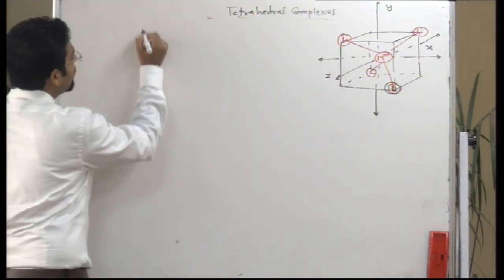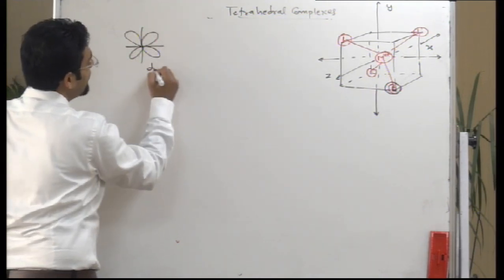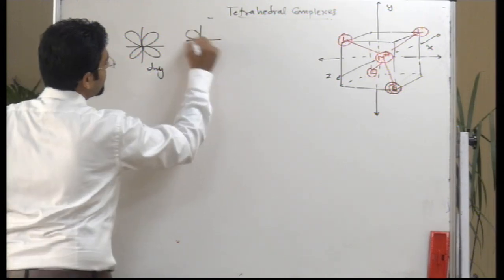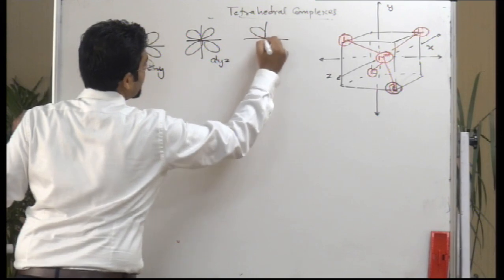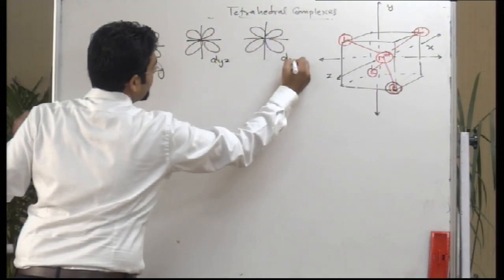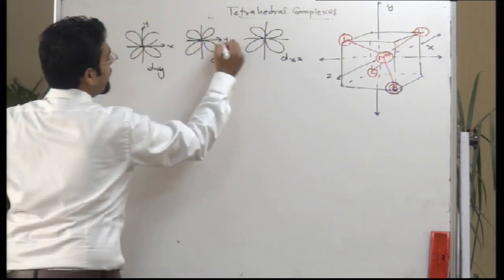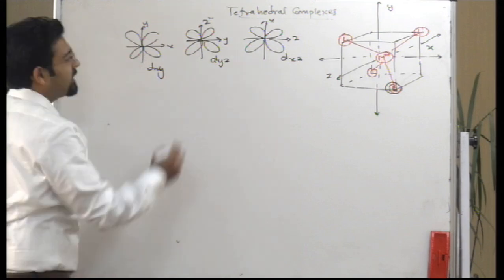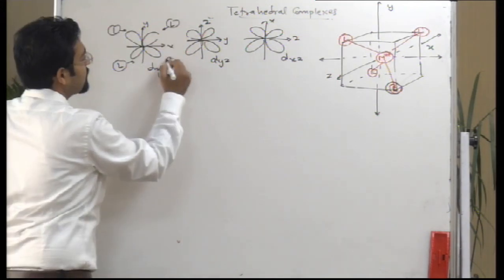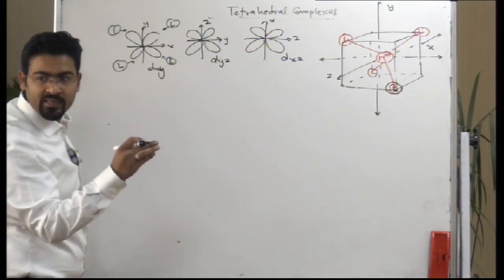And as we know from the 5d orbitals, dxy, dyz, dxz, for example, this is x-axis, y-axis, y-axis, z-axis, x-axis, z-axis, right? So these are the orbitals which are actually present in between the axes. So if our ligands are coming from the direction somewhere in between the axes, not on the axis, they will